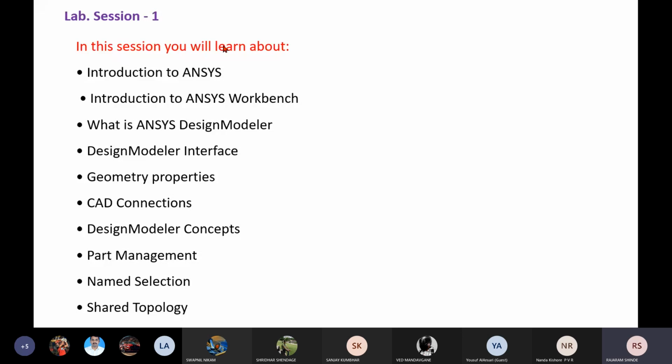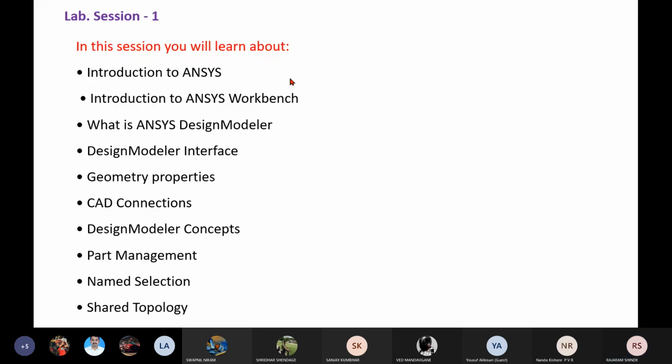Now this is the first session, and if you have doubt during any step, you can ask me to repeat, or you can ask me for an explanation or detailed explanation. In this session you will learn these things: we will introduce ANSYS. In the last session you have seen the capability of ANSYS. Here I will show you what actual ANSYS is and how it is used for fluid flow simulation.